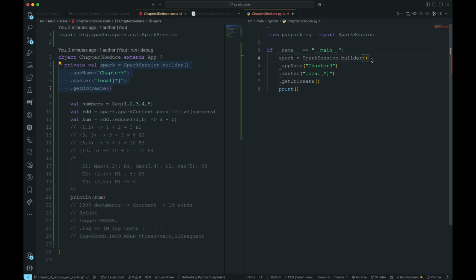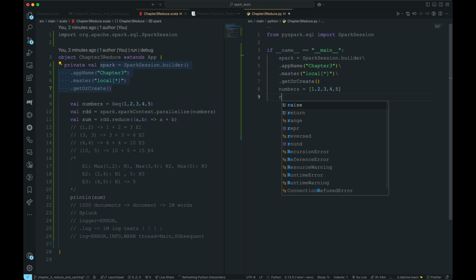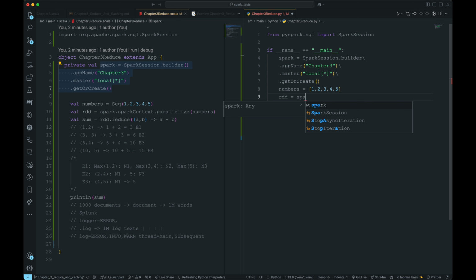Spark builder, chapter 3, master, getOrCreate. Okay, so this is our Spark. Now numbers equal to 1, 2, 3, 4, 5. Now rdd equal to spark.sparkContext.parallelize(numbers). Okay, and the rest is all similar, so sum would be equal to rdd.reduce